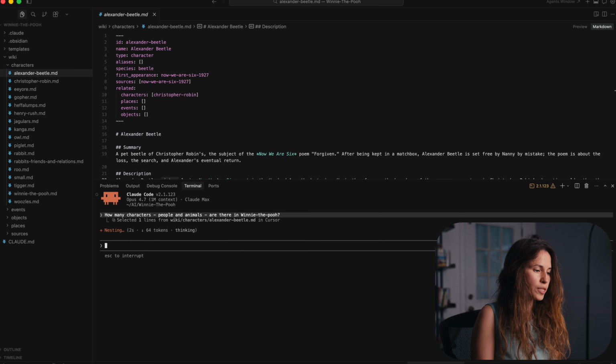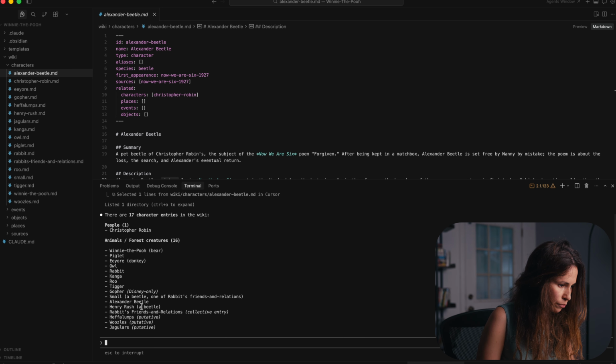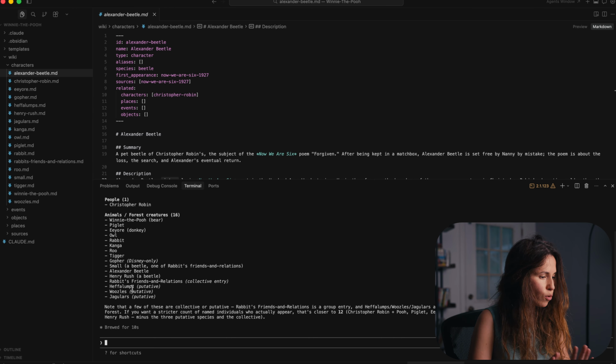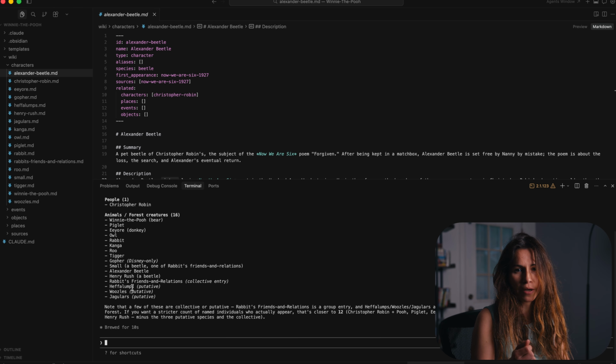Claude Code answers in the terminal. Clean paragraph appears below my prompt. I read it. I can ask a follow-up if I want, or just move on. Just a conversation, no file written, nothing changed in the folder. Same as any other chat interface, except this one runs locally and could see my files if I asked.